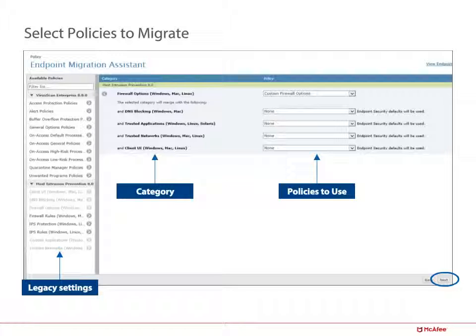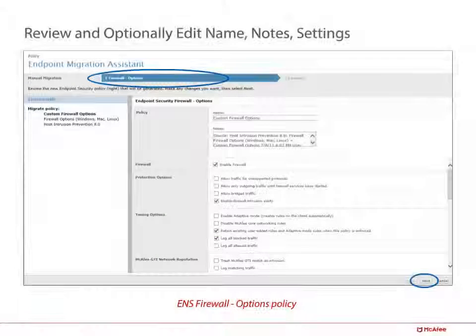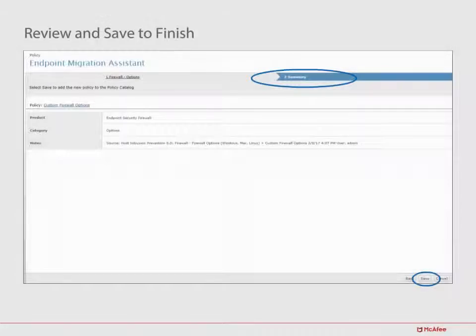I can select my DNS, the trusted applications, trusted networks, client UI, and then I'll click next. I will review the options policy, and then I can go in and change the name. I can enter in any notes, change any settings at this time, and then click next. We then review what our settings are going to be and click save to finish, and again the server task